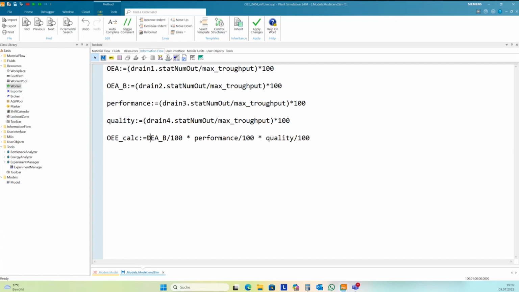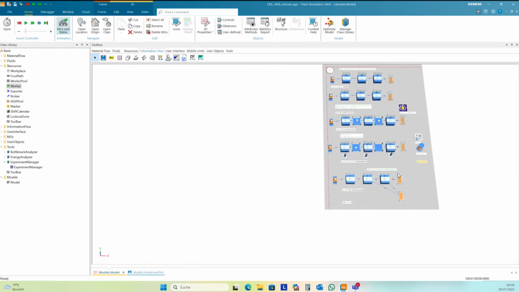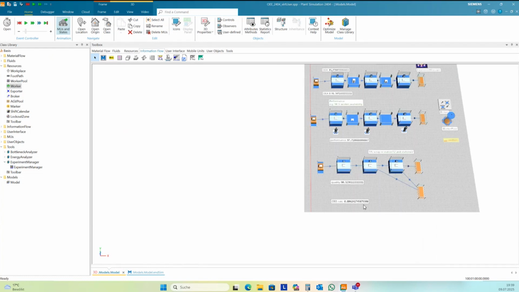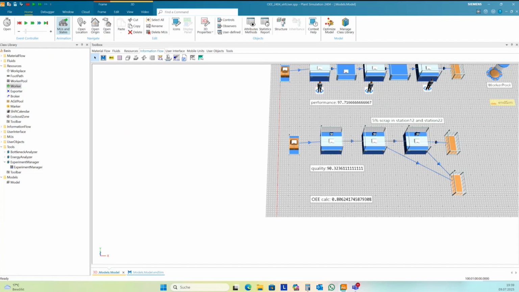And if you don't trust your calculation, you can set some brackets around. Okay, I just start the method again, and we get here an OEE of 80%.